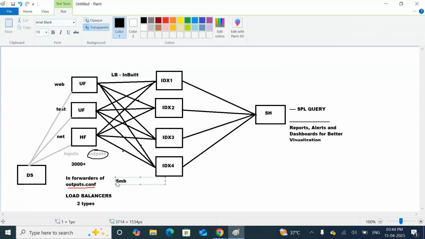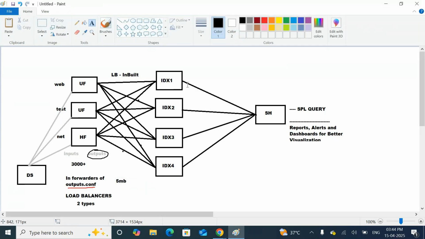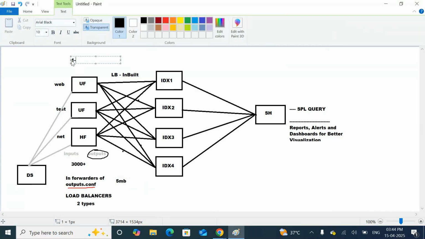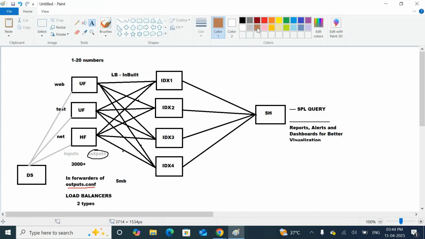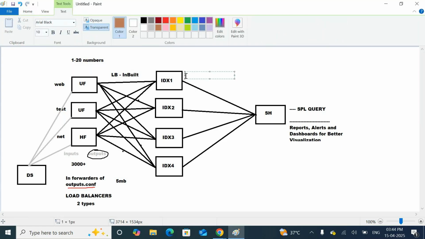I am sending numbers 1 to 20 from the forwarders. Based on time or volume, one number will be stored here, two here, three here. Time was completed, so randomly it will pick indexer 3. Assume the fourth number will be stored here, fifth here, sixth here.